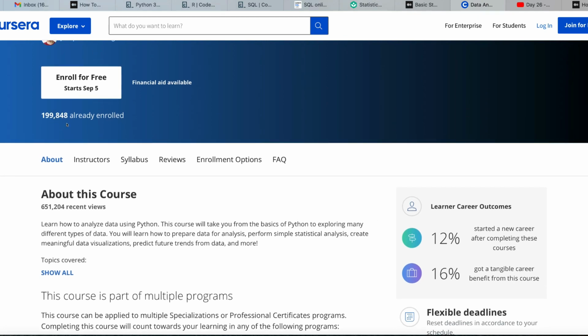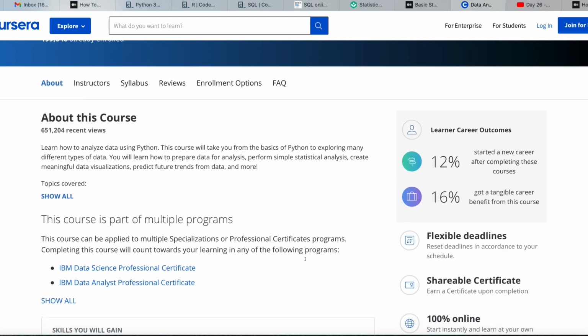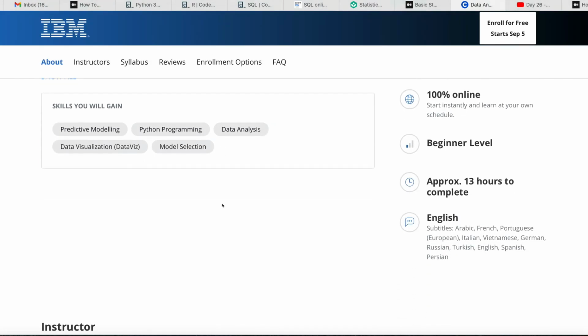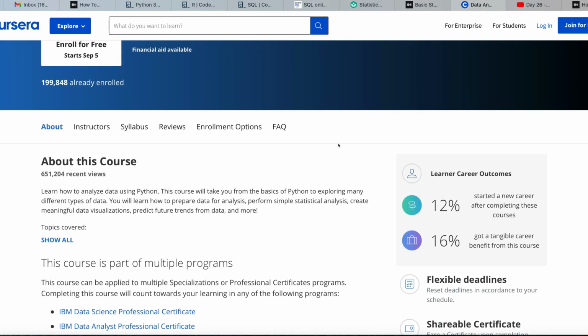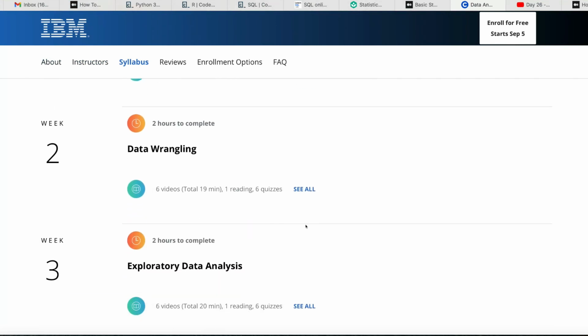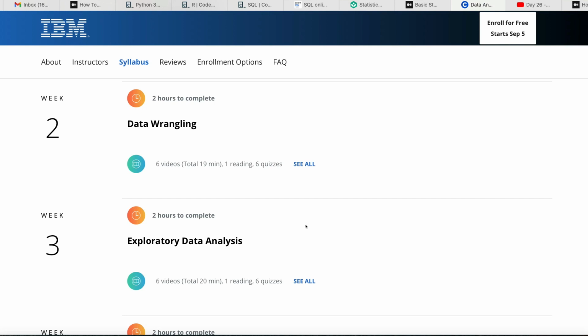Close to 2 lakh people have enrolled for this course, about 16% of people have found that there was some kind of tangible benefit out of this course, and 12% of people were able to start a data science job after completing it. This course approximately takes you 13 hours, and the syllabus is quite comprehensive. It covers all the things that are required for you to understand exploratory data analysis and data handling.